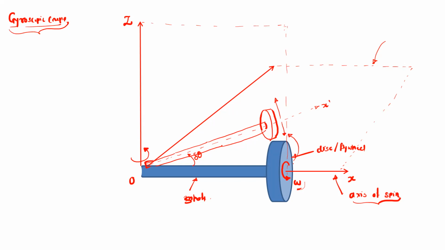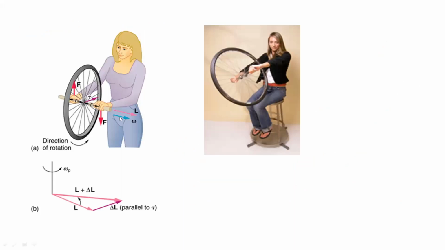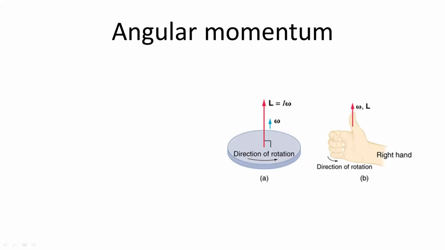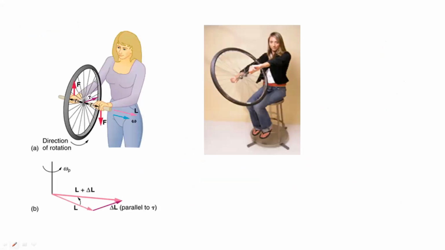But gyroscopic couple means that when the shaft which carries a spinning disc is rotated about the perpendicular axis, it will experience one couple which will try to lift the assembly either in the upward or downward direction. Because of this couple, you can observe that effect. That is called the gyroscopic effect. You can understand this effect with the help of this example.